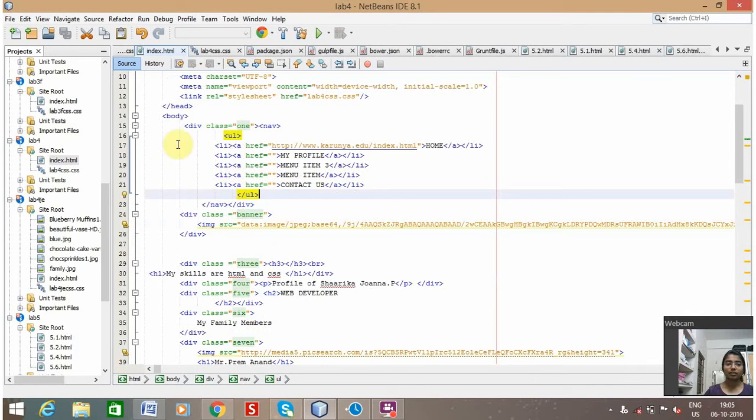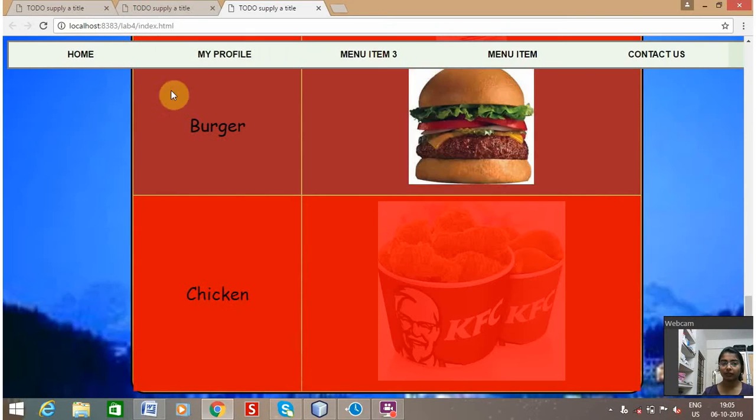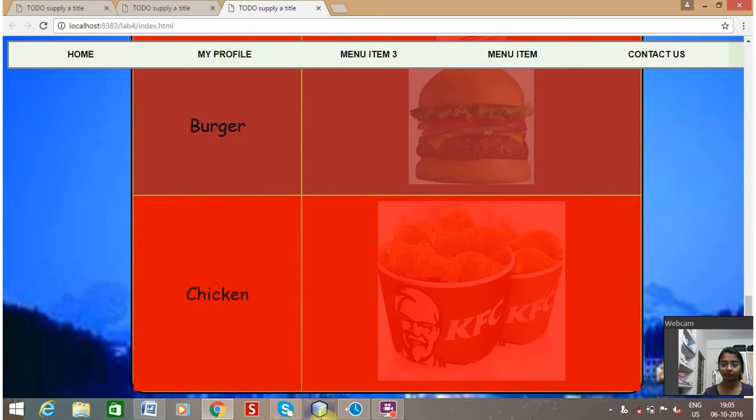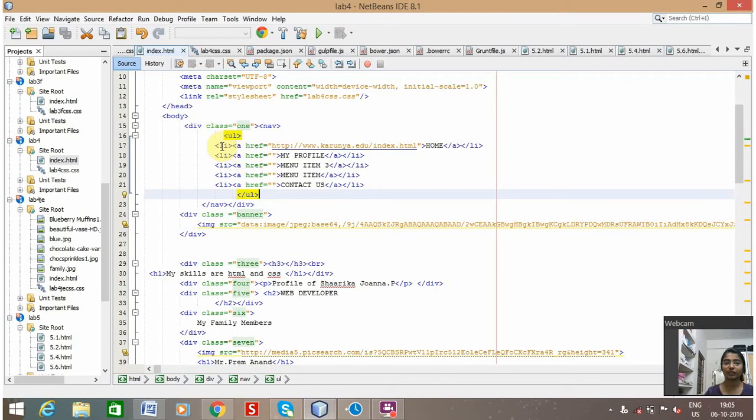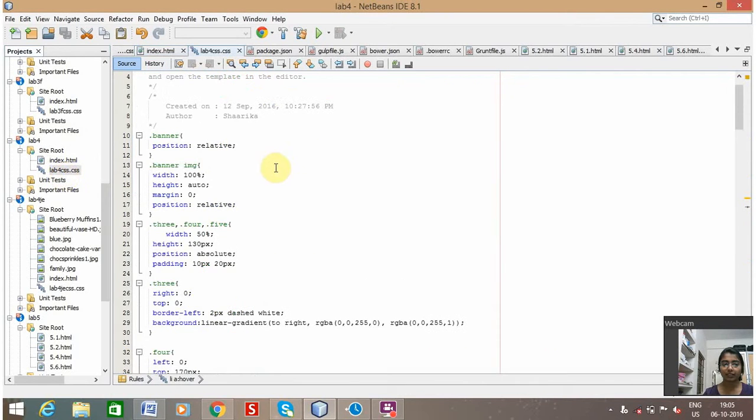So first, inside division 1, we've given an unordered list to make the list of items on top, the menu bar. For the menu bar here, we've given it inside li, and a href is for the links there, and then inside a navigation tag. So the CSS for that is,